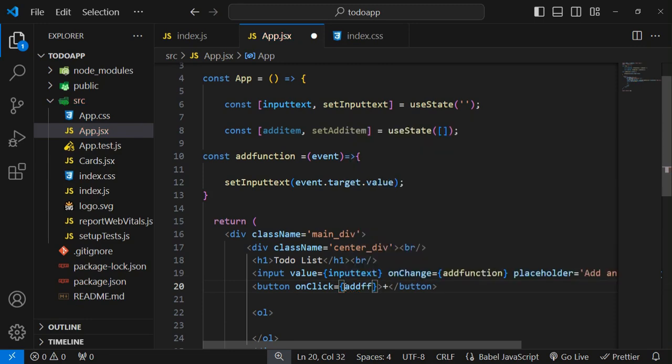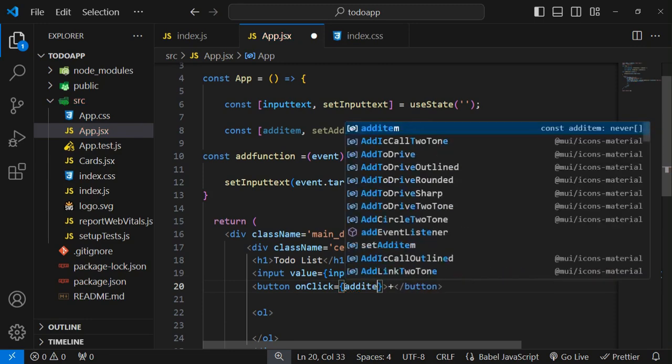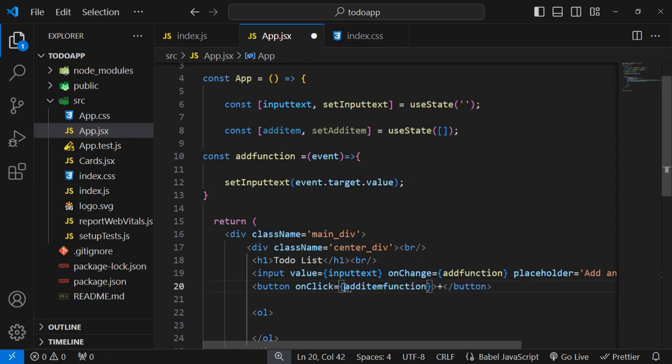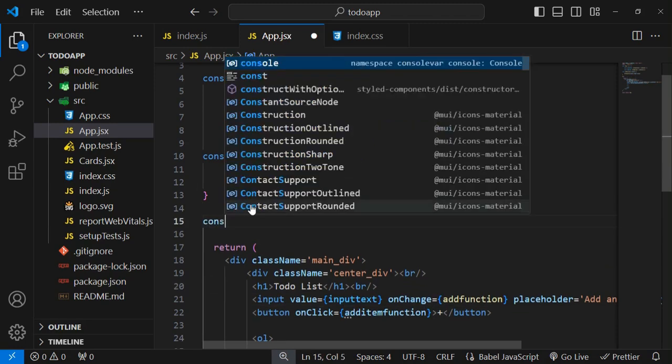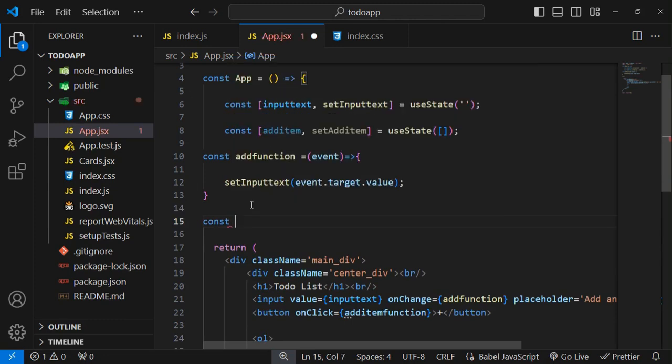Add item function, and here I am going to define that add item function